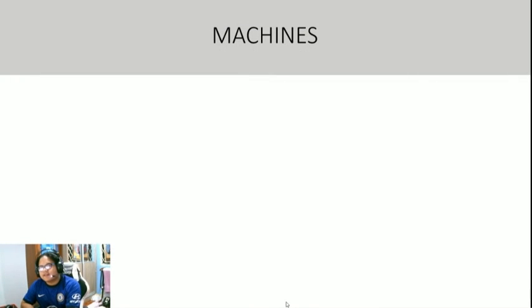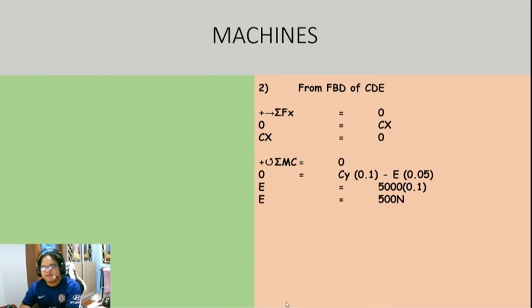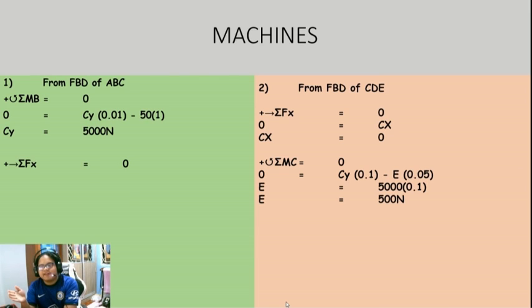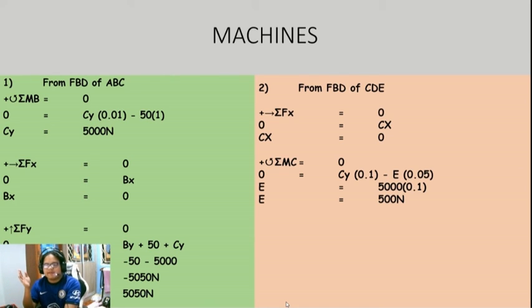For the machine parts, a bit simple, our item is a bolt cutter. As you can see just now, they explained about the FBD. From the FBD of ABC, we can find the forces CY, BX, and BY. In order to find CY, we only use the sum of moments at B. So we got CY is equal to 5000 Newton. How about Fx and Fy? From Fx we will get Bx, from Fy we will get By. Bx is equal to 0, and By is equal to